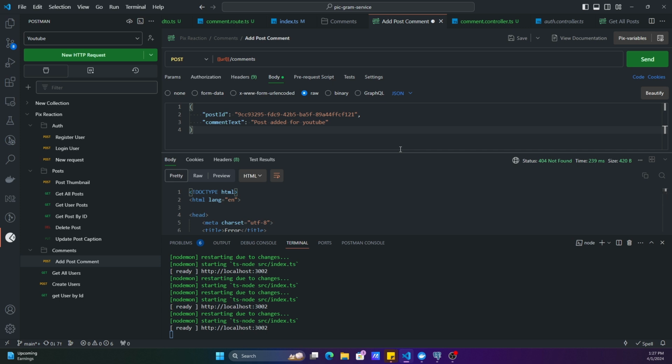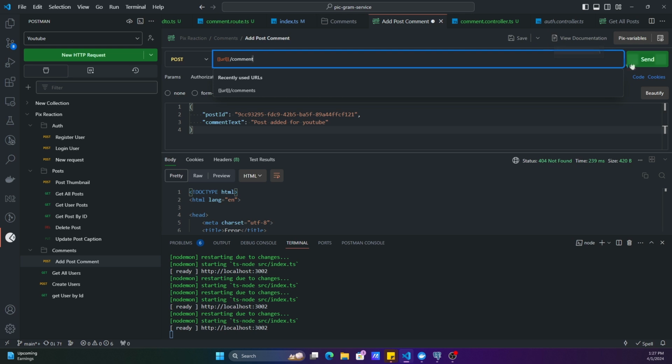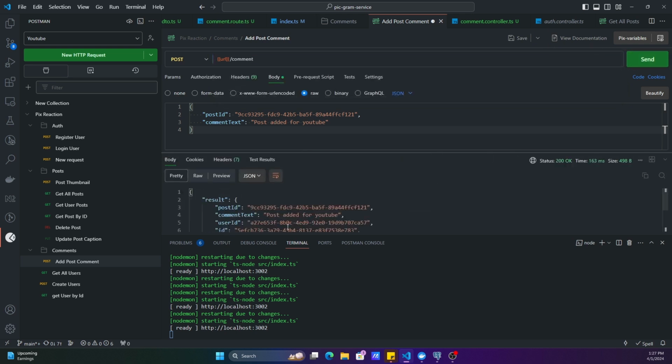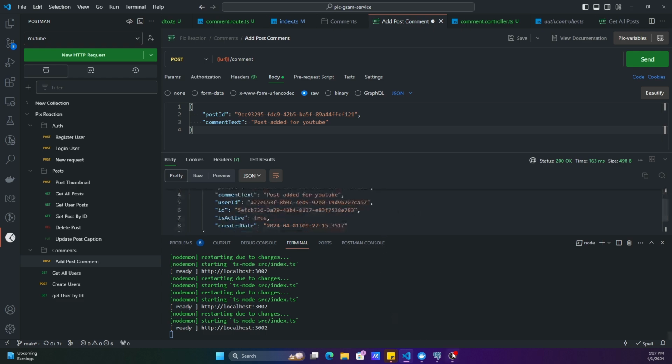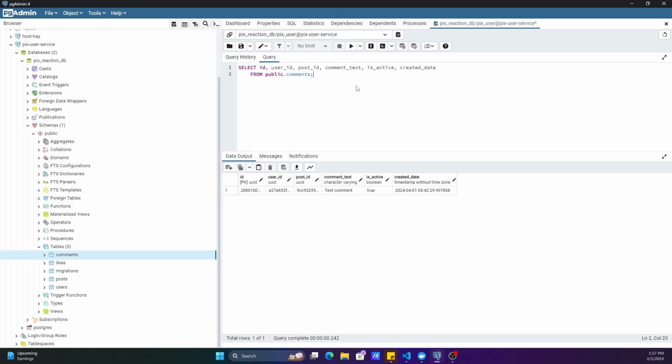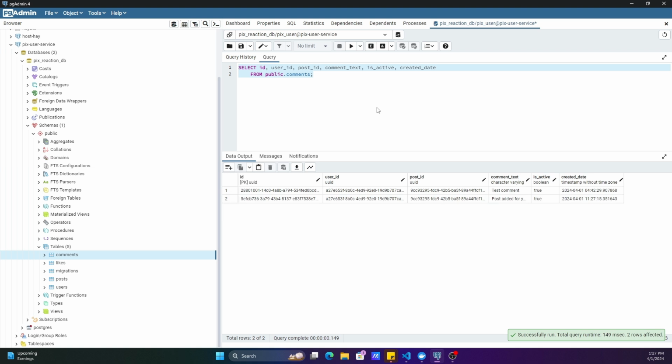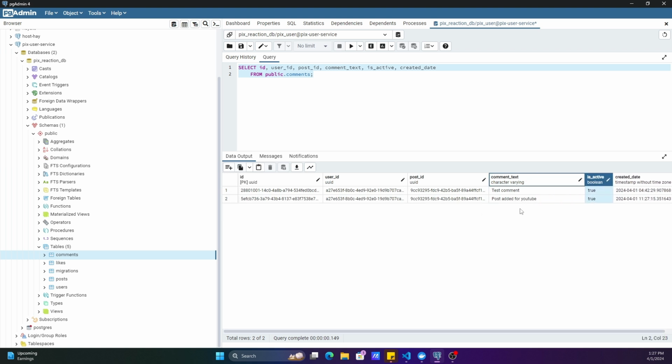Okay, that was set to comments, not comment. Now let's test that out. Now you can see we actually did get that 200. If we go to our actual Postgres over here, you'll see that we've successfully added that